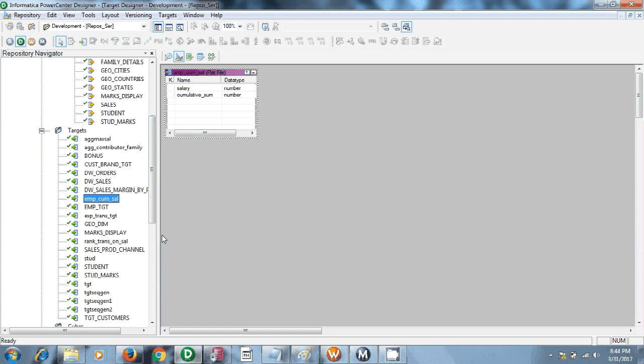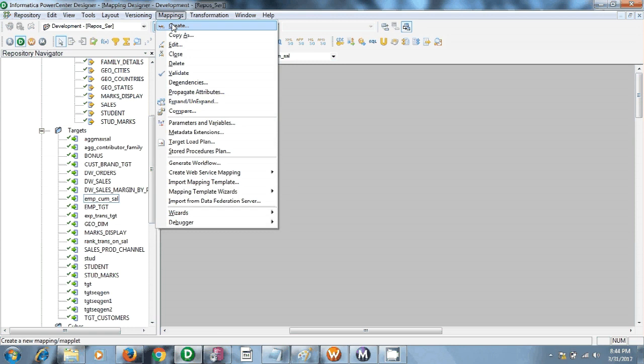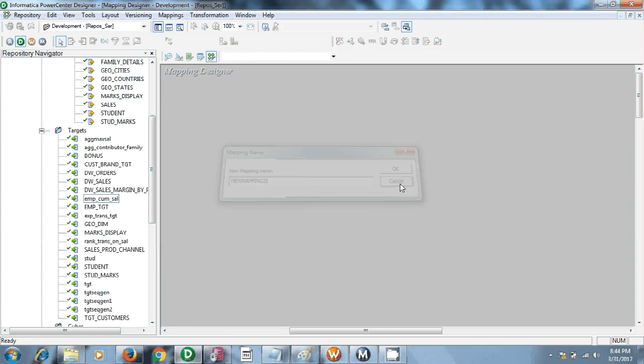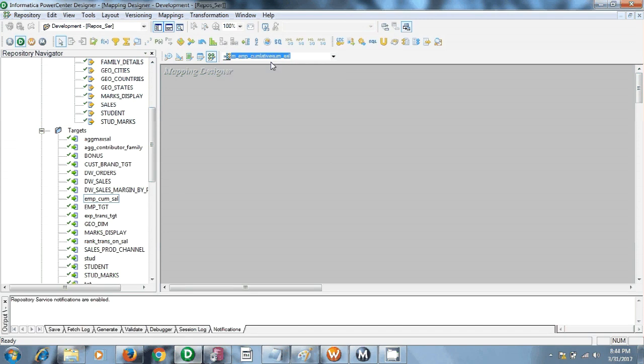Next go to Mapping. I already created a mapping; I discussed in a previous video how to create your mapping. Go to Mappings, create, give some name here and click OK. My mapping name is M_EMP_cumulative_sum_salary, because I am taking the cumulative sum on the basis of salary.